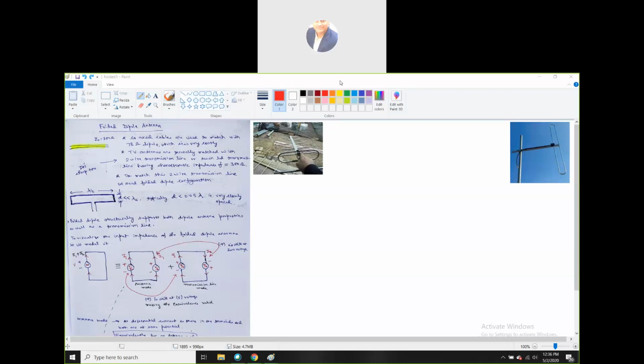But one thing more: whenever you use a lambda by 2, or half-wavelength, dipole antenna as the active element in a Yagi-Uda, we have seen that by the addition of parasitic elements, the radiation resistance decreased to 23 ohm from 73 ohms in the ideal dipole configuration. Which is unwanted, because with a radiation resistance of 23 ohm, in I square R, very little power will be radiated.